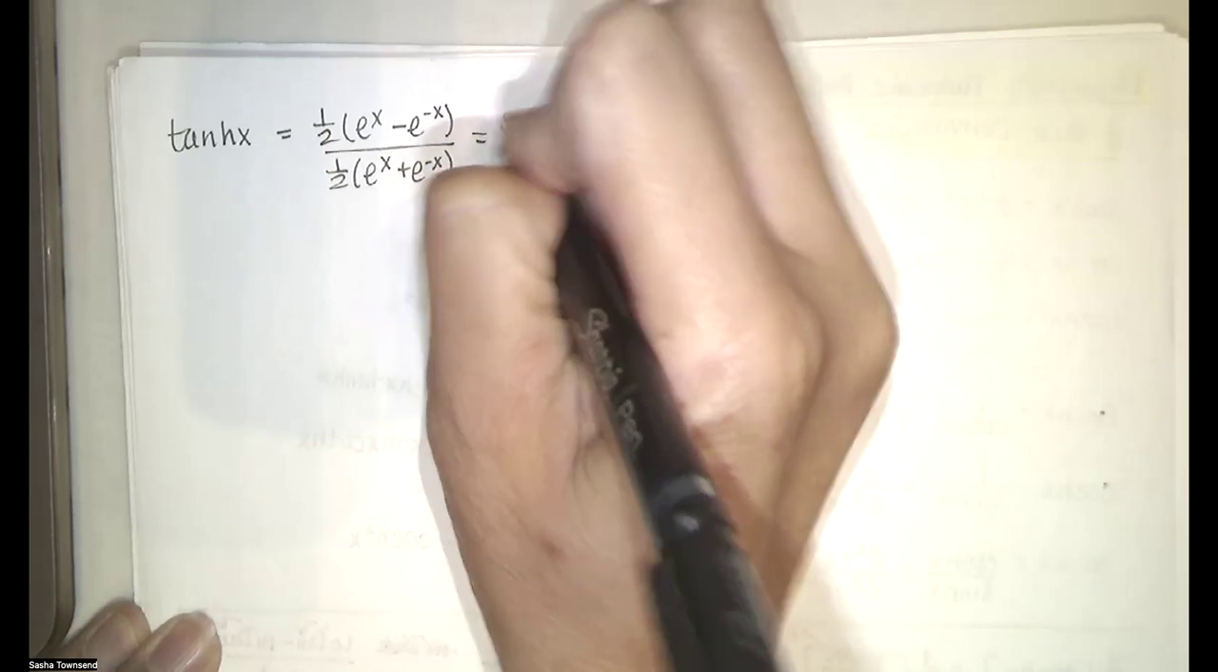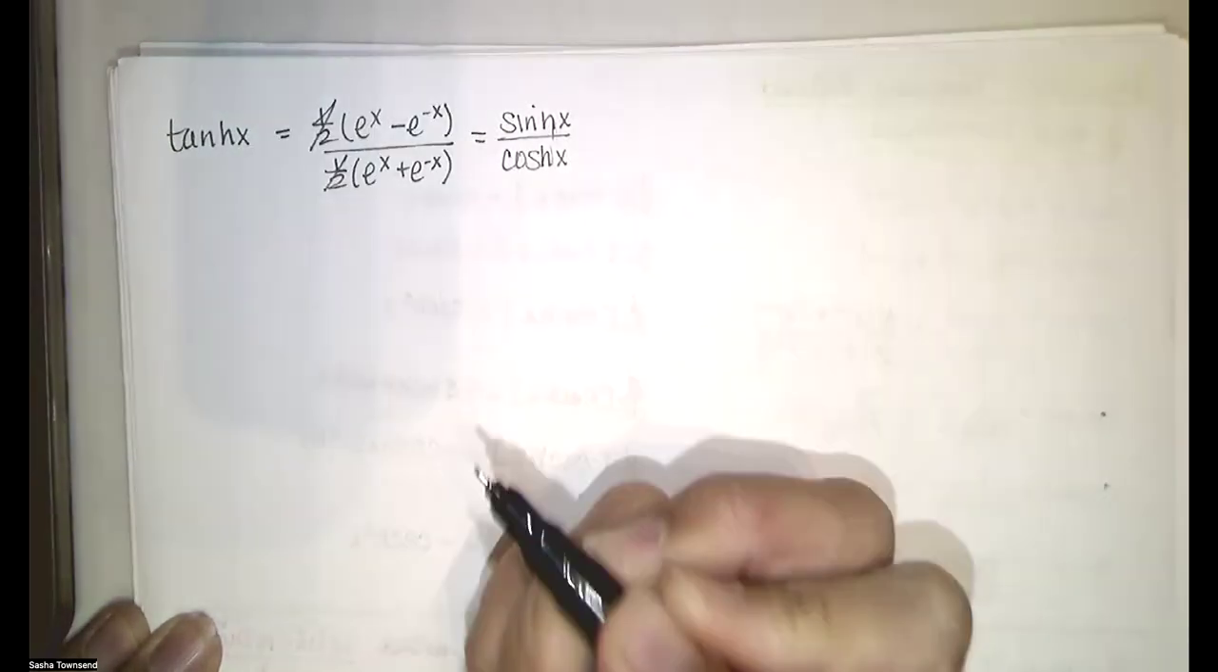So this is our hyperbolic tangent function. It's the hyperbolic sine of x divided by hyperbolic cosine of x. And this is what those functions are in terms of the exponentials. Those 1/2s reduce, and so you just end up with that. If we look at the limit of the hyperbolic tangent as x goes to infinity,